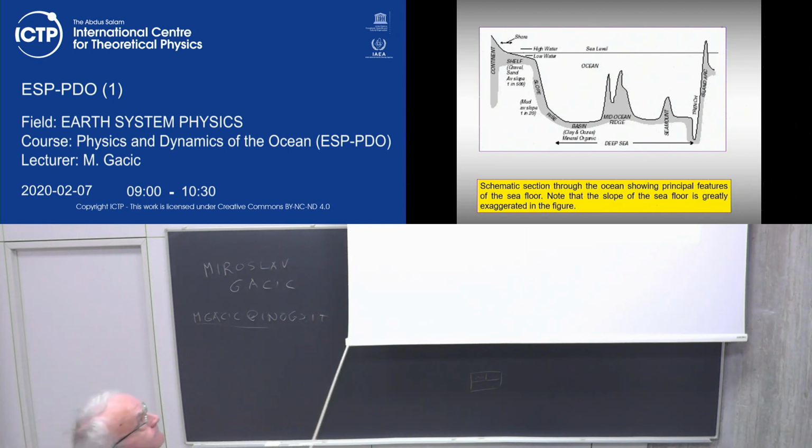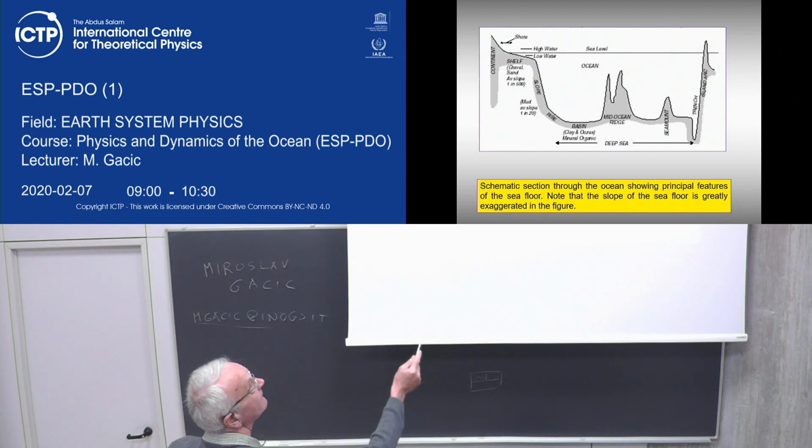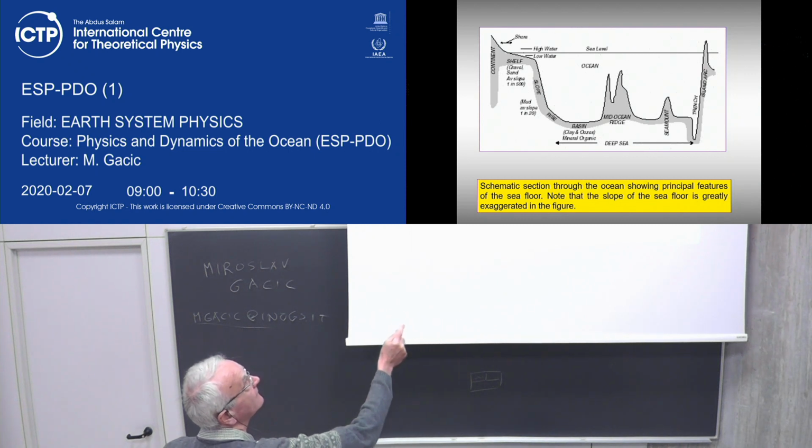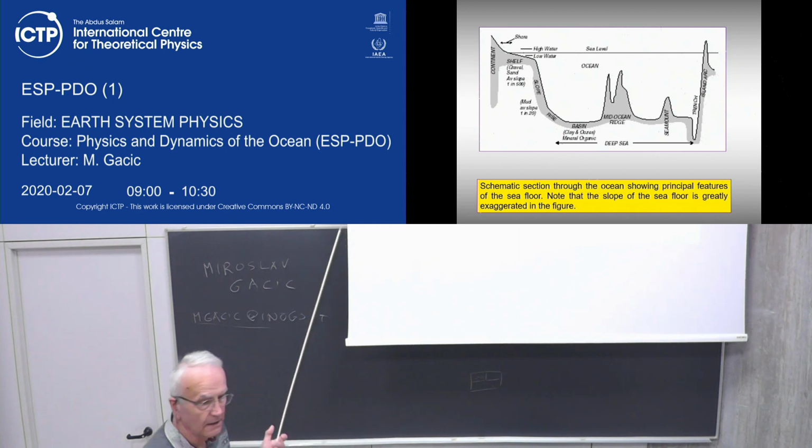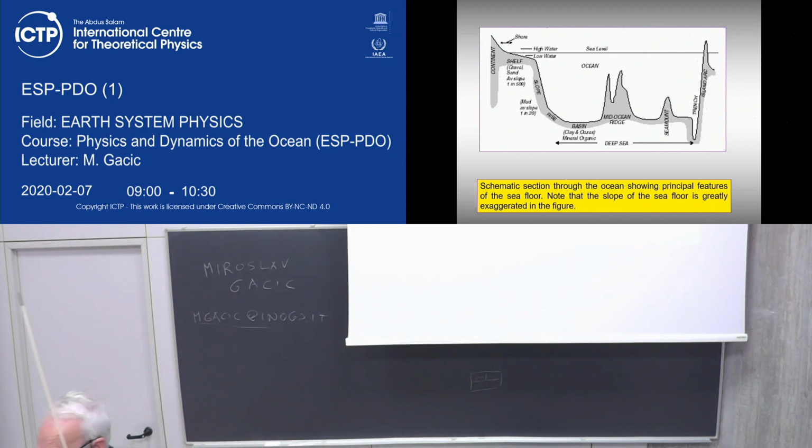So if this is the sea level, we have a shelf area. Shelf area is the area which has a depth less than 200 meters, next to the continent,